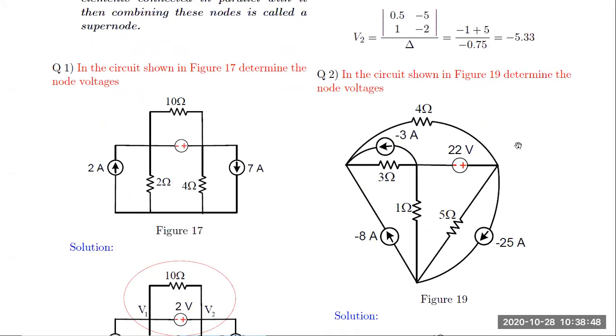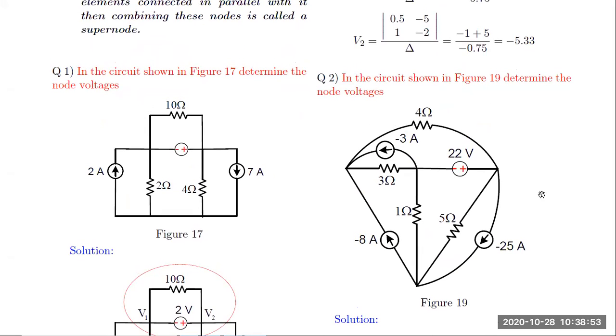So we'll take one more example. First, we have to identify the nodes. There is node 1, 2, 3, and 4. How many nodes are there? It looks like a very complicated network, but we need not worry about that. We will follow the rules of nodal analysis. 1, 2, 3, 4, these are the 4 nodes.